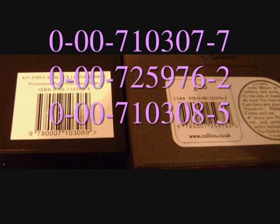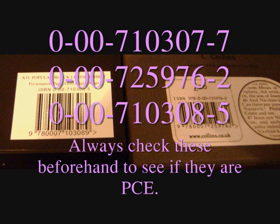Also, you can buy new Collins King James Bibles, published under various names over the years. The ISBN to look for, which is easily available today, is the popular size. When you look for that ISBN, it's called Iona Clear Type, under the name Popular, and you'll find there may be different formats in which it was bound, and different countries where it was printed as well. You can see there's imitation leather, and there might be just a budget